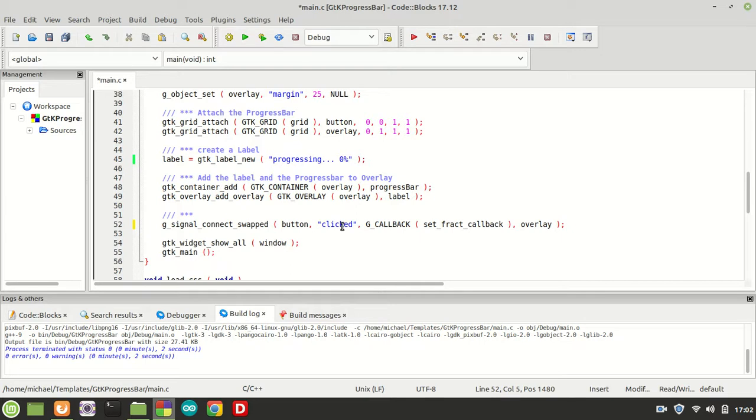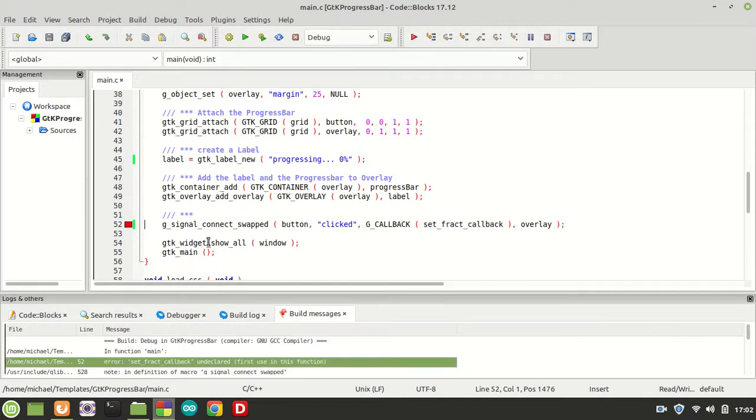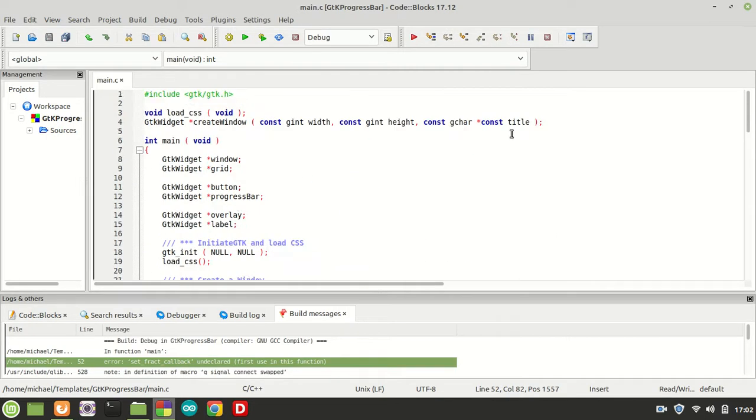Today we are going to move on and see how we are going to create the set fraction callback function, which I told you in the last video, because we need this function. Without this function, of course, we cannot compile our program. As you can see, we get an error which says set fraction callback undeclared. So let us declare it and define it,